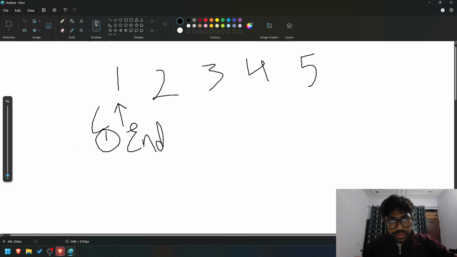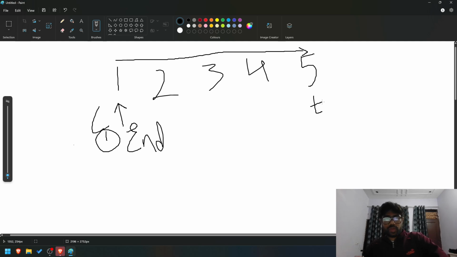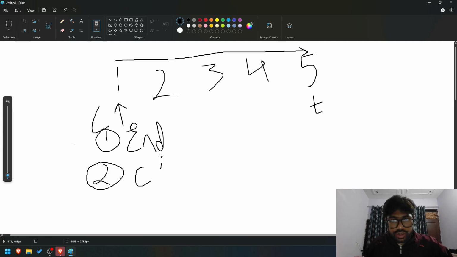So we have C, and we'll go to the end of the list. I'll put T here, right? Then I'll start another loop where I will check if C is not equal to T,